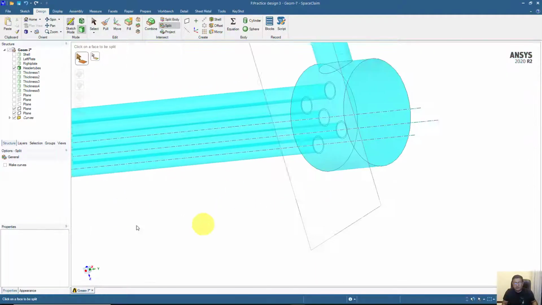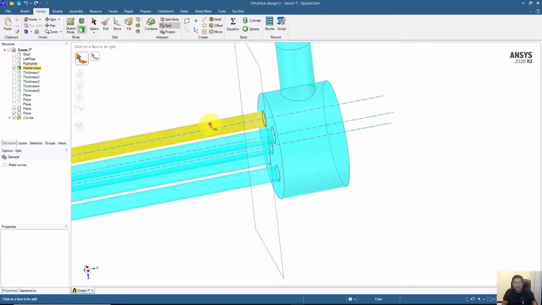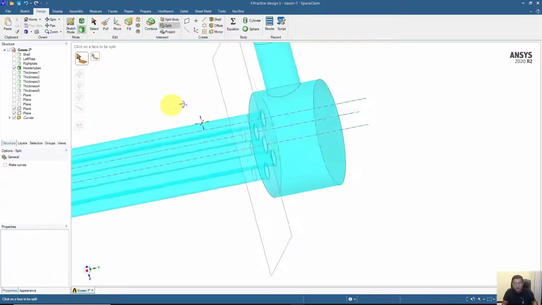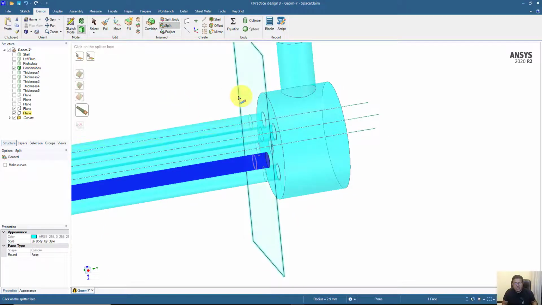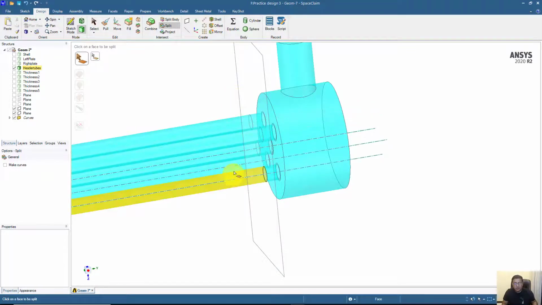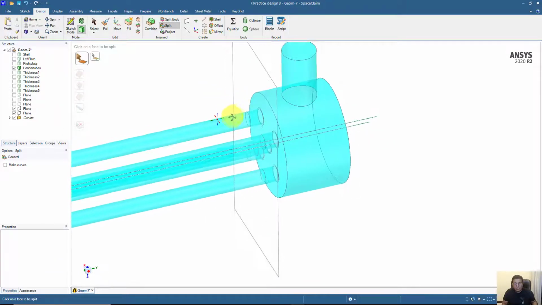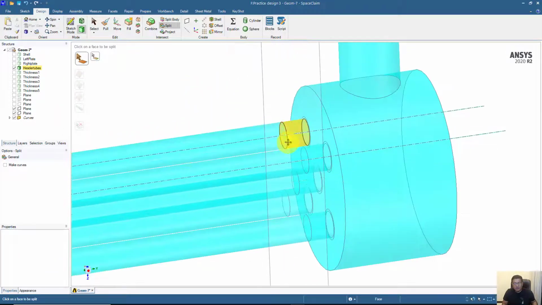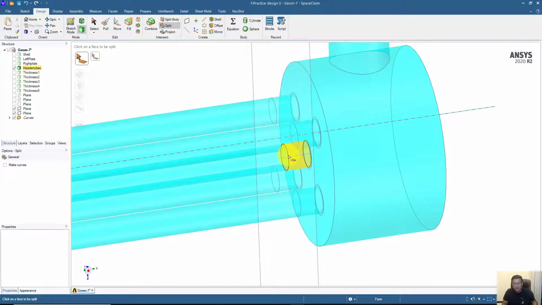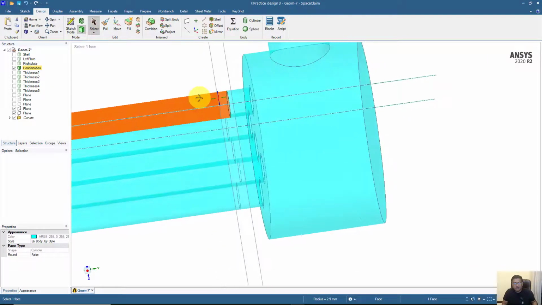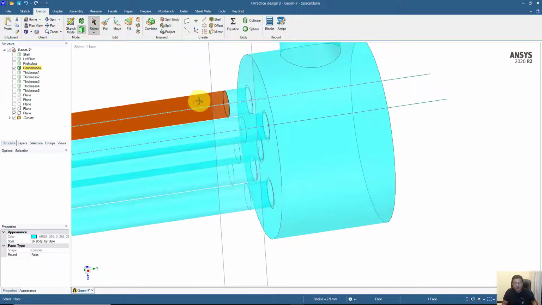So we have made the surface intersection with the plane for all these tubes on the header system, on the tube system, as well as on the thickness side. There's no need to do this on the shell side, because this length is already limited to the part which is required for the heat transfer. So just make sure that we have these 5 splits on these surfaces. These lines should appear here, in between these tubes. So we have these 5 parts.